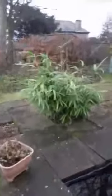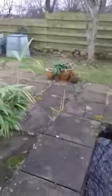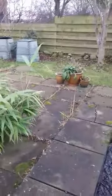Now this bamboo, which I love, has become a little bit unruly. As you can see, it's popped up underneath the slabs and that needs to